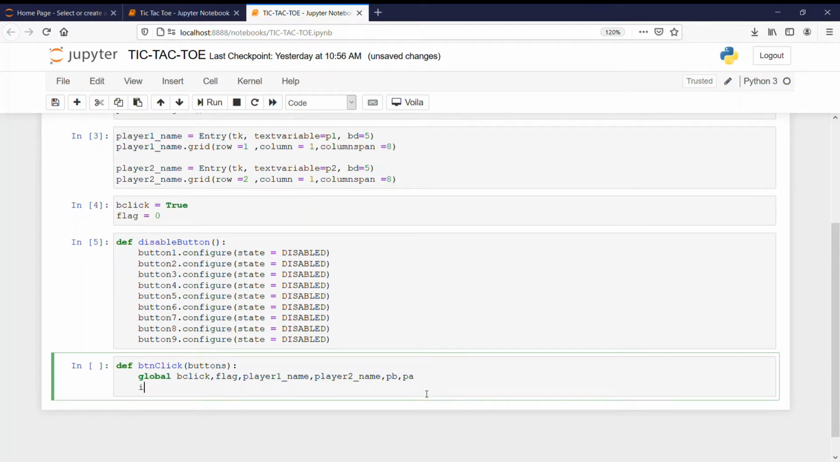Now we will apply a condition. If buttons text, that is, if there is something written inside the buttons, equals empty string, that is, there is nothing, and bclick, the bclick variable, is assigned the value true,